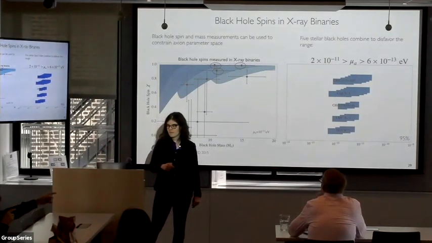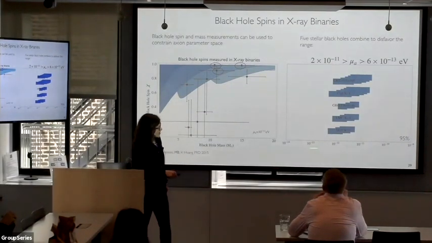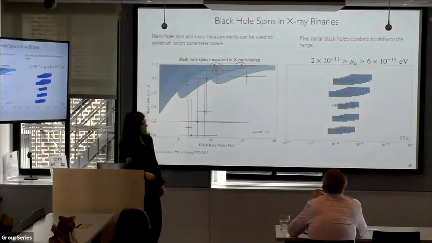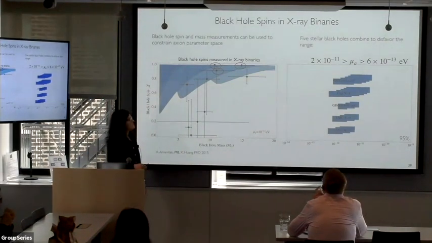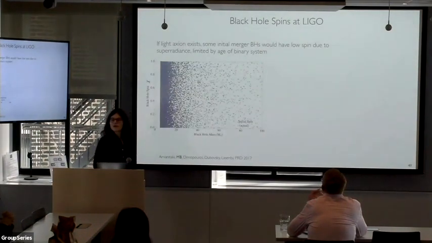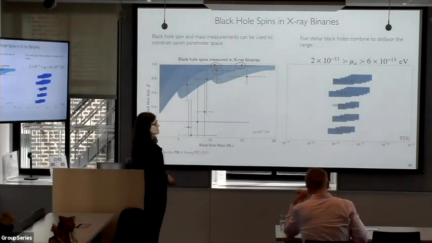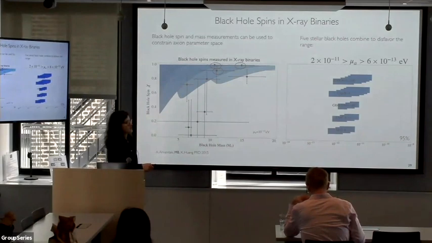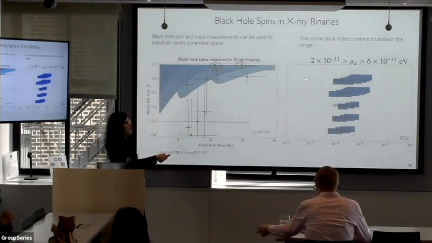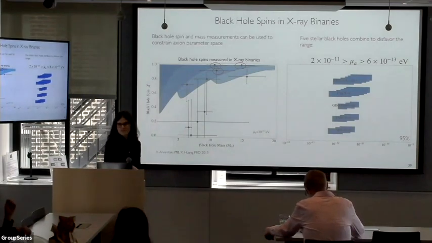I'm sorry, the horizontal axis there is mu-a? Yeah, sorry, the label fell off. Yes, it's mu-a in electron volts. And this is for the QCD axion. So this is assuming a gravitationally interacting particle, which is a good approximation. As David was saying, it's a Planck scale interaction that's expected. Yeah.